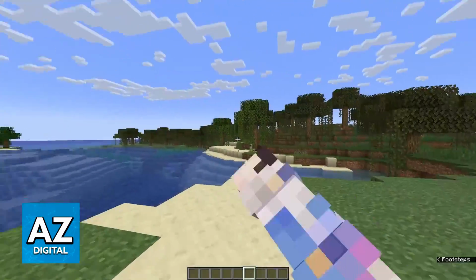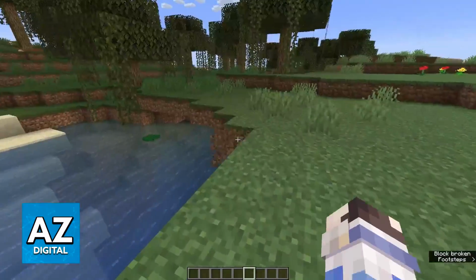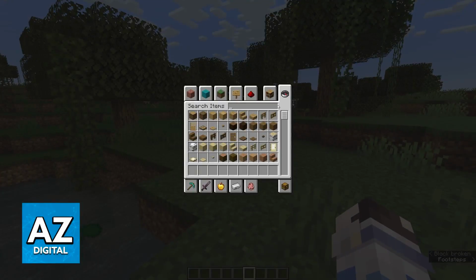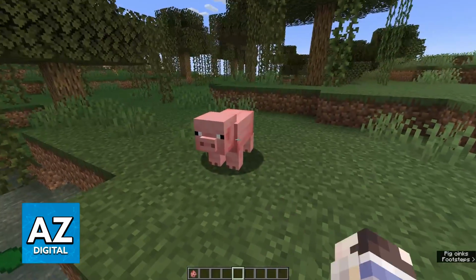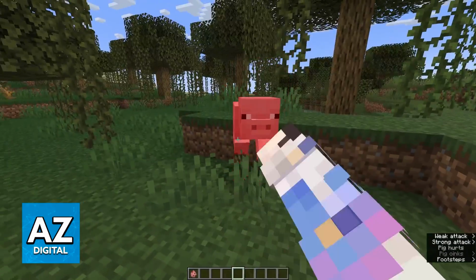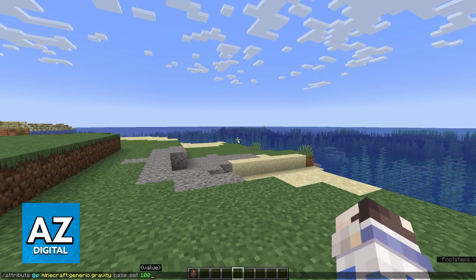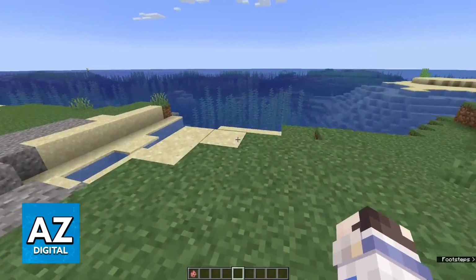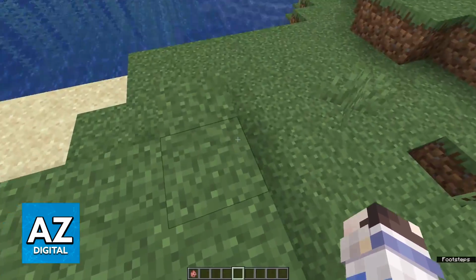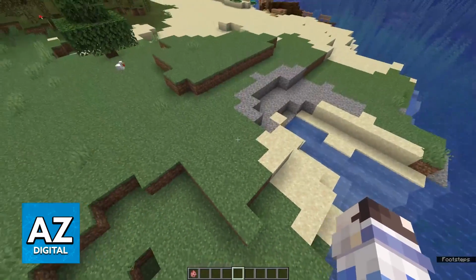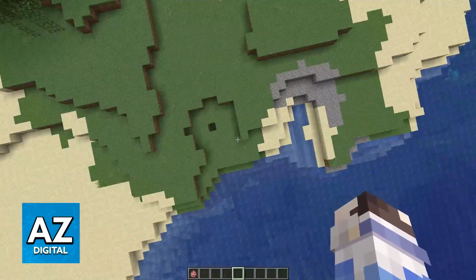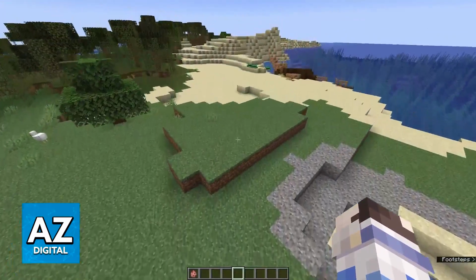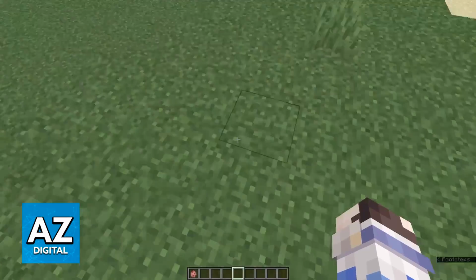So now if I attack, you can clearly see that there is no cooldown. There is no longer the icon on the screen that gives me a cooldown after each attack, so I'm able to attack super fast. Here is another example, Minecraft generic gravity, and if I set it to 100 and I jump, you can clearly notice that I'm being pushed into the ground immediately. This is because my gravity is super strong. So as long as I'm not flying, I'll be sent back to the ground with a lot of force.